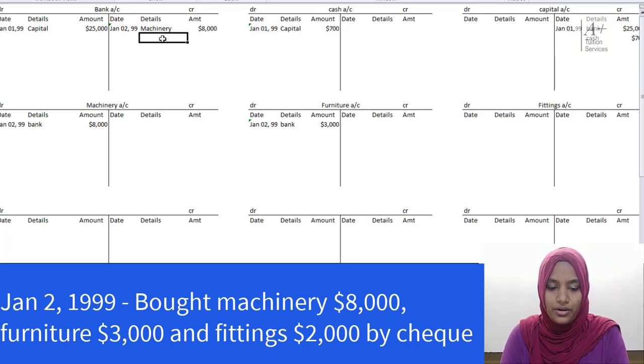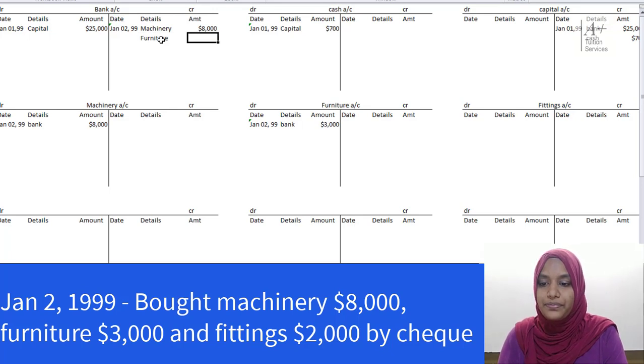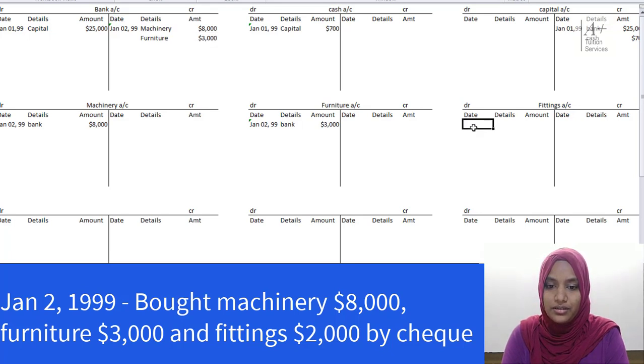So we have here now furniture in your bank account on the credit side, because remember we take the check from the bank to buy these things. $3,000, right? Good. So now we're going across now to the fittings account, and it's basically January 2nd, 99,